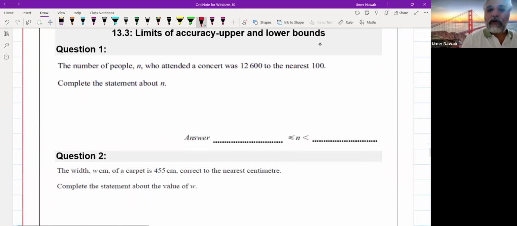Next, limits of accuracy, guys. Whenever we want to find lower bounds and upper bounds,